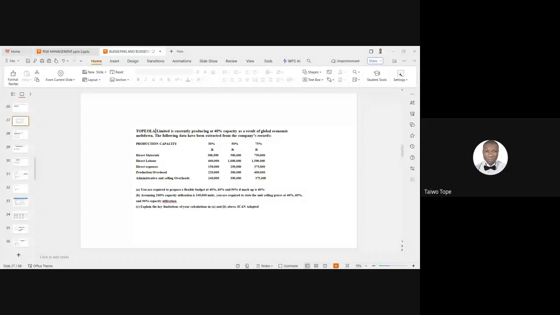All right, sir. The page where you worked out the total variable cost, arriving at 400,000, is the area I want more clarification on, please. Yes, sir, that's 400,000. We adopted the high-low method regarding the